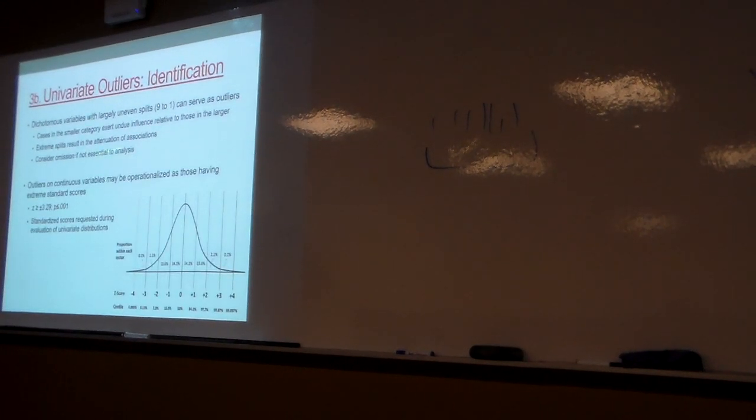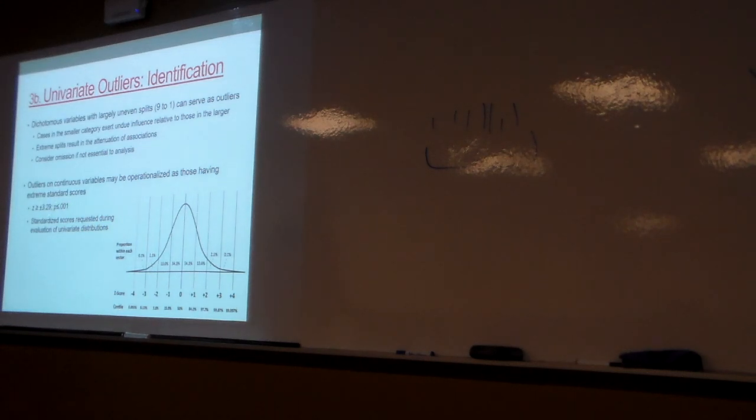For our continuous variables, people kind of see what we're talking about. So this is important, right? This is why we make sure to take a look at splits. When we're talking about t-tests, we're looking at unbalanced designs, unbalanced groups. When we're doing analyses like regression, for our categorical variables, our dichotomous indicators, we're still interested in what the breakdown is, what the split is. If it's really huge, say I really wanted to look at this group, but I only got 3 members of that group versus the other 50 people in my sample, maybe that's not a variable I can actually look at because I don't have the ability to do it. And if I threw it in my analysis, it's going to throw everything way off.